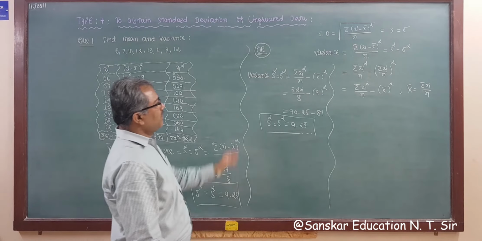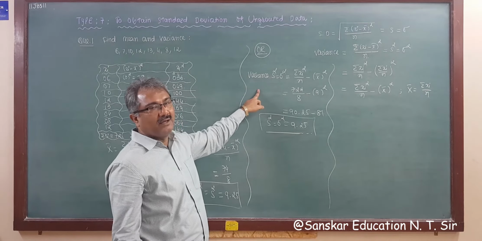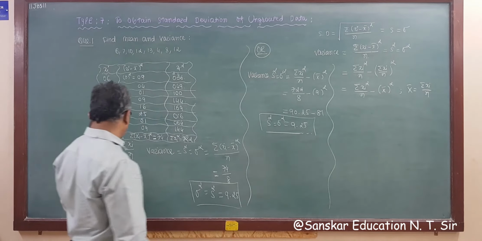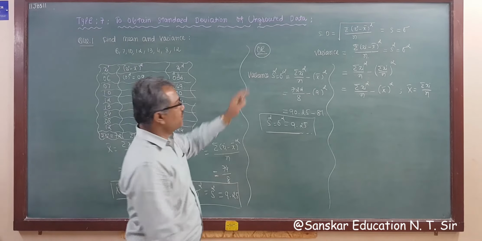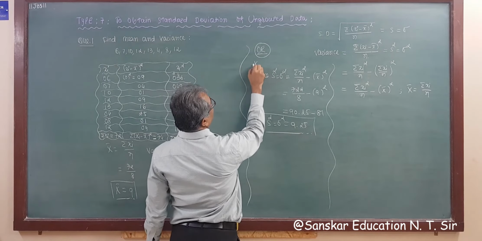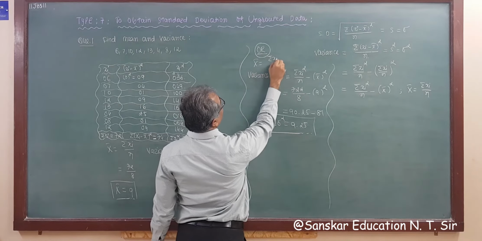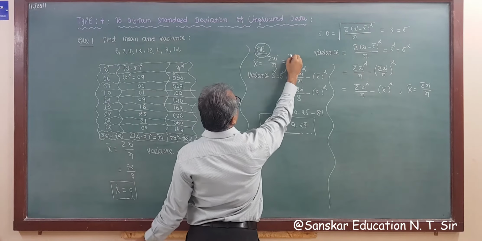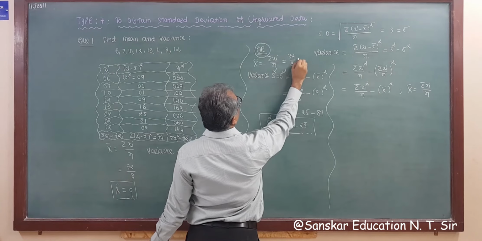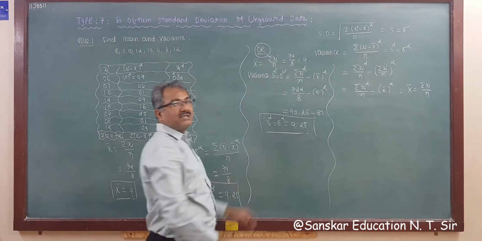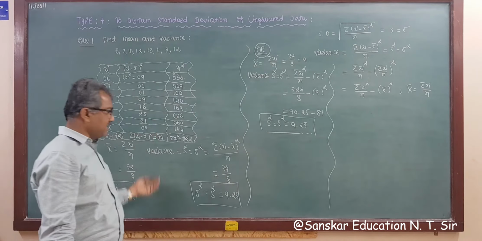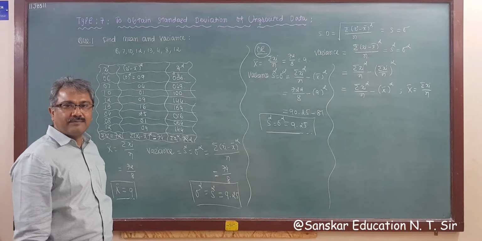Okay? And also remember this: in this example, you have to find x bar also. But we found it earlier, that's why I am not finding it here. So you have to find it here also. X bar is equal to sigma xi upon n, which is sigma xi is 72 upon 8, that is 9. Right? So this is your complete example. You can apply either method, whichever you wish.